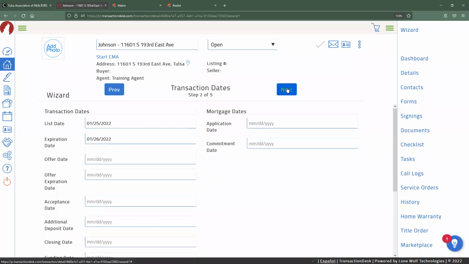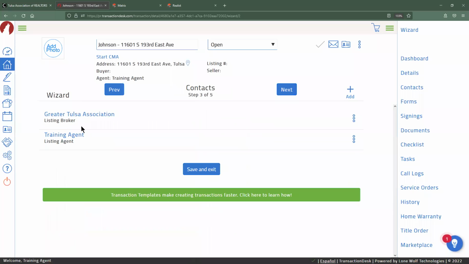Now, what these buttons are trying to do is just make sure that if you are in the middle of this process, and again, get called away for a showing or somebody asks you a question, you have to leave the system behind, this save and exit will allow you to keep all of the information that you've already put in, and then just exit out of this particular transaction wizard. Now, once we have exited out of it, there's a little button up here at the top right corner that's going to bring us back to the wizard for this particular transaction. We'll discuss a little bit more about this navigation bar in just a bit here.